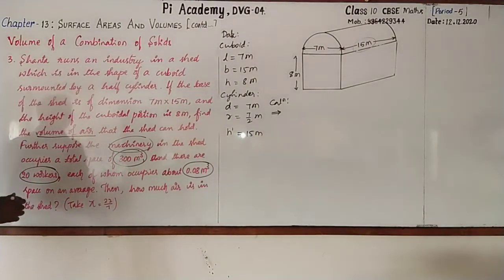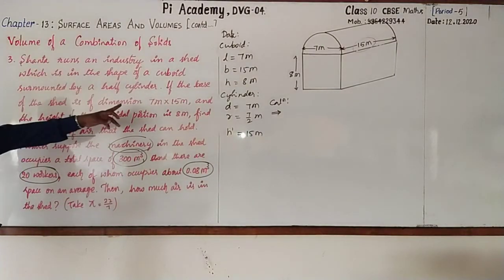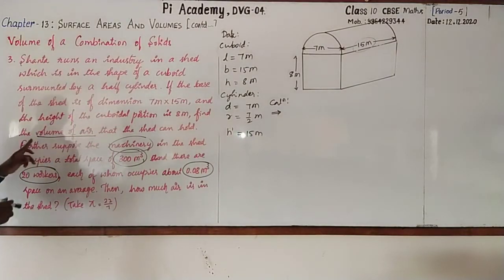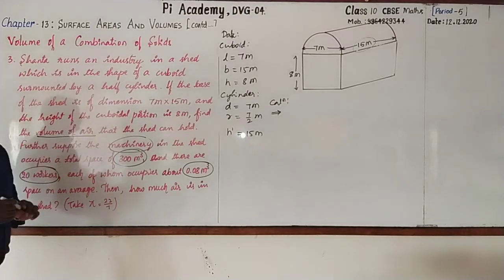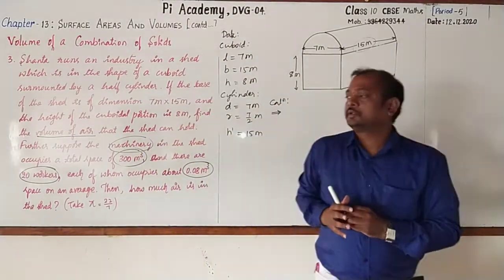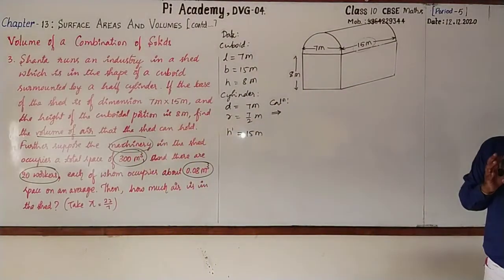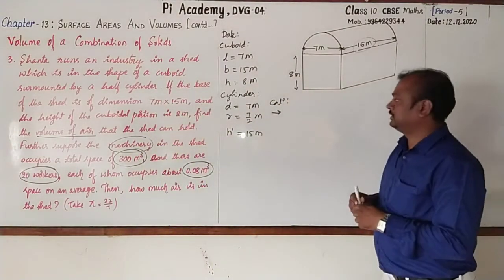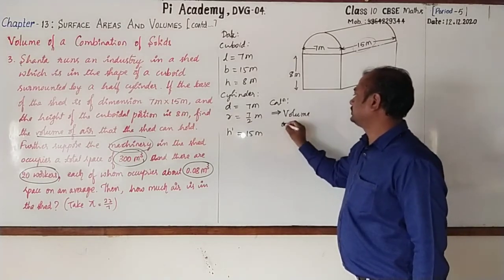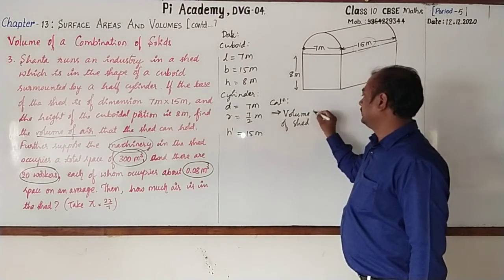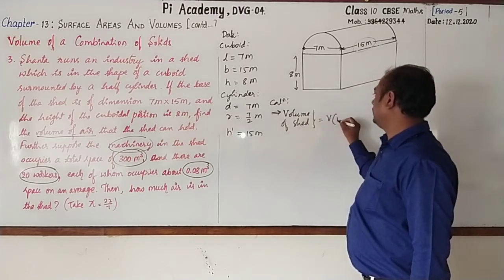First one. What is the first one? Find the volume of air that the shed can hold. What is the capacity of the shed which can hold the air? Here I'll write volume of shed. It is equal to volume of